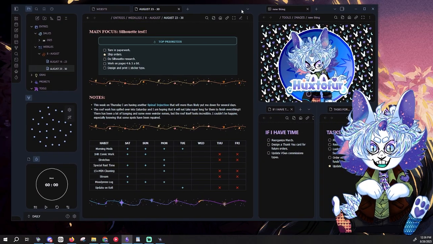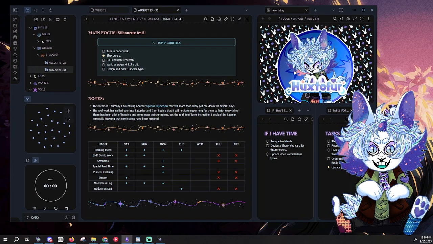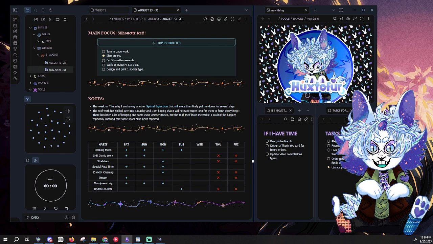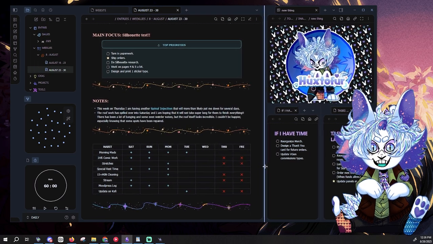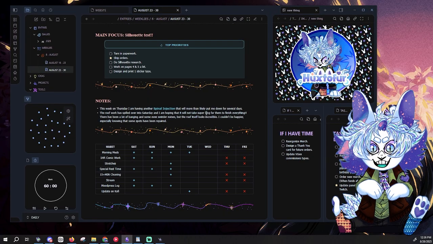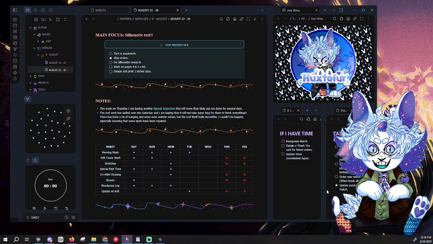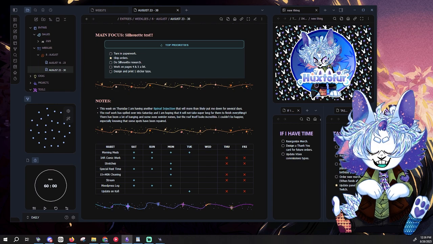And part of that is because I am using a theme, and because you can drag notes around, you can drag images around, you can do a really a lot of different things with Obsidian. And I'm trying to think, is there anything else that I really want? Oh, I want you guys to know about